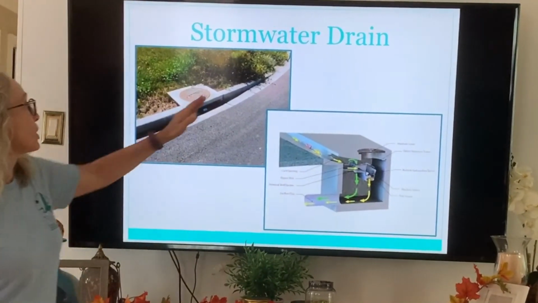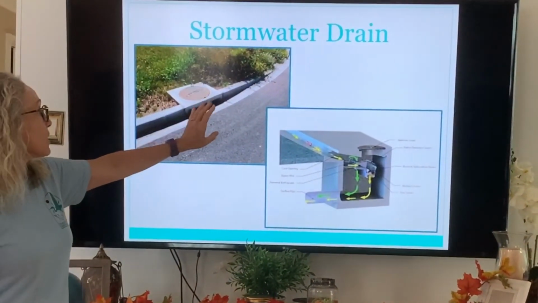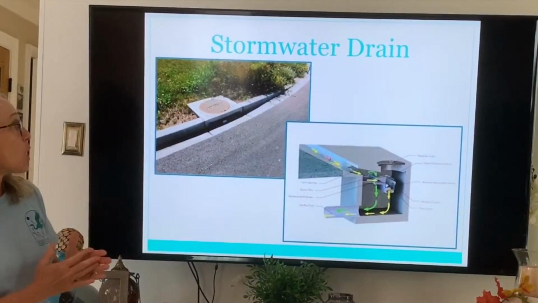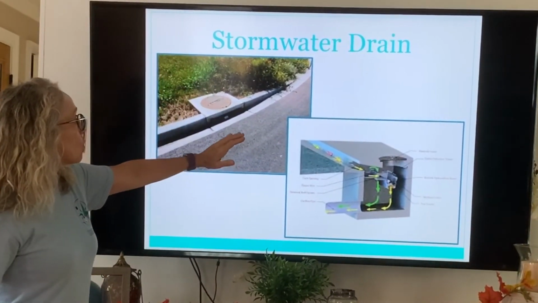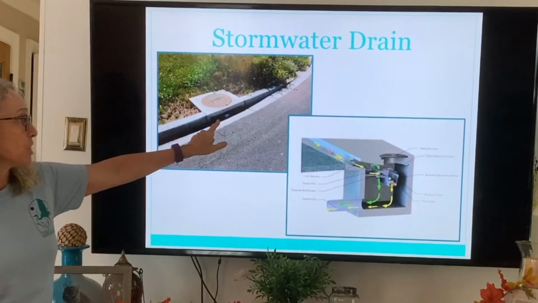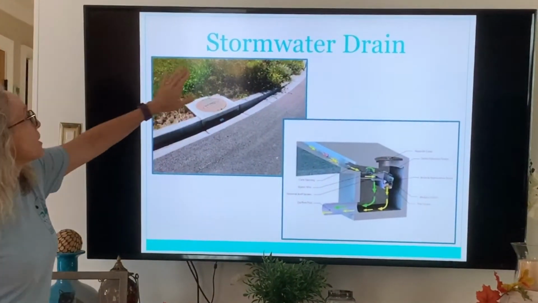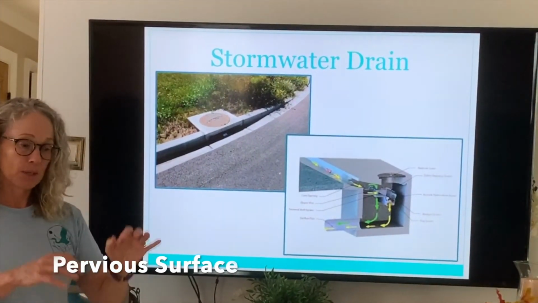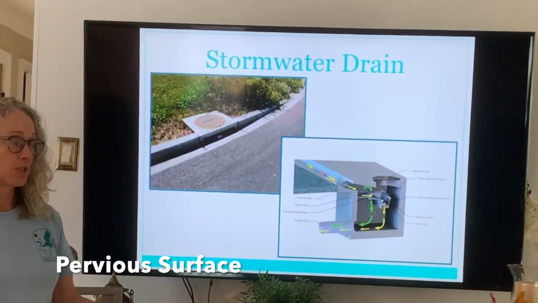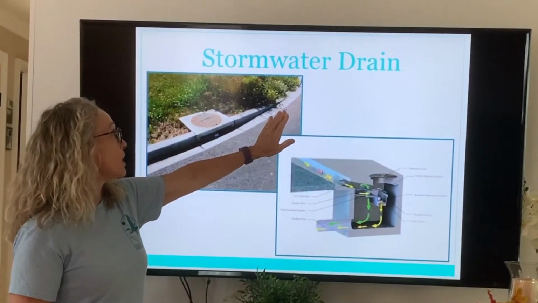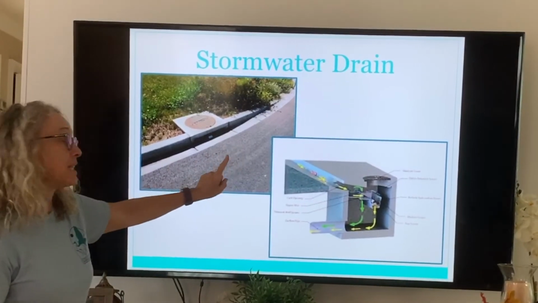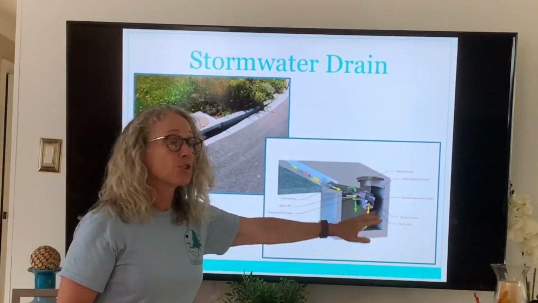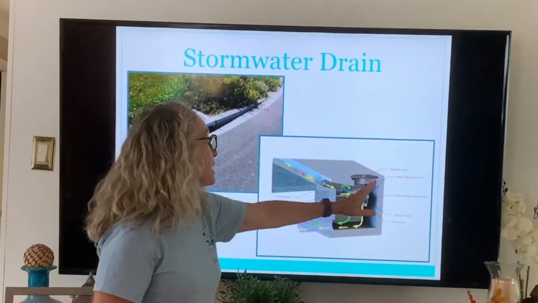We are usually looking at this. We see a curb and a storm drain here, and this is what we see from the top of the roadway. So any extra water flows over the land or over the hard surfaces and down into here where it goes into the pipe. If water lands on grassy surfaces or forested surfaces, that's called pervious. It can pretty much soak in unless it's a flooding situation. But if rain lands on this area, that's an impervious surface, water can't soak in there, so it has to go down these drains. Down under the ground, which is what you don't see usually, is a large concrete